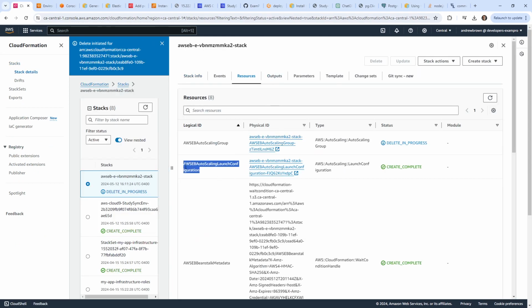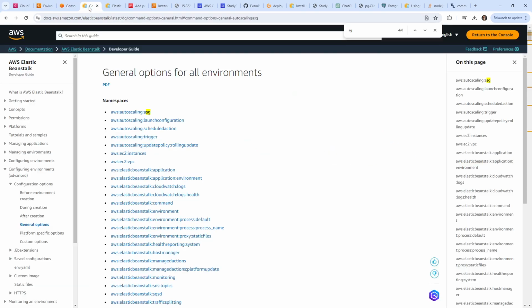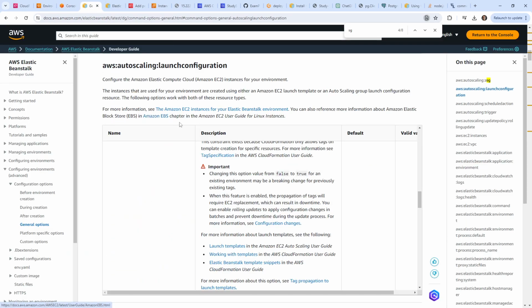And it is. It's using a launch configuration, which is an older type of thing that AWS doesn't want you to use anymore. But I guess Elastic Beanstalk's so old that they don't even bother changing that. So this is where we'd have to probably change our settings. Okay, so it says configure the Elastic, et cetera, here. So I'm going to go ahead and grab this line,